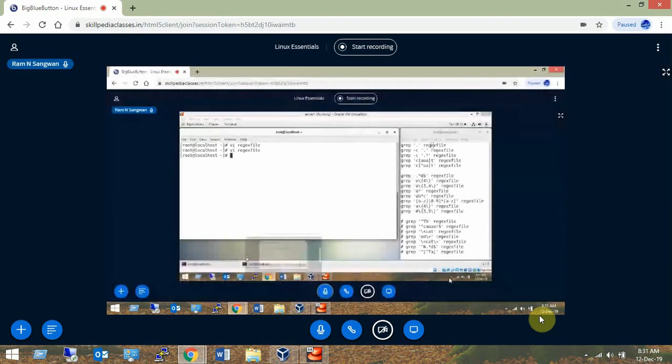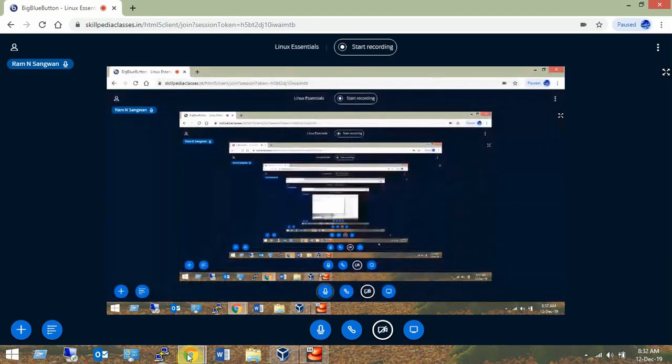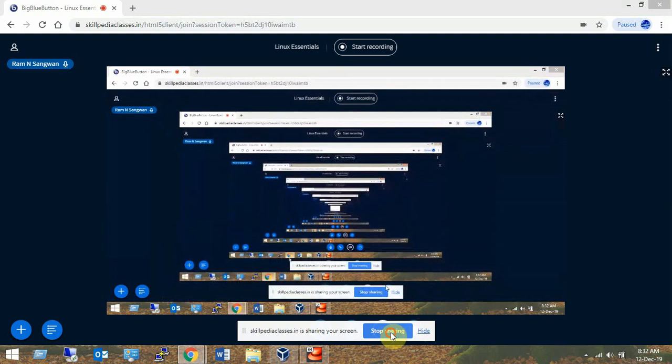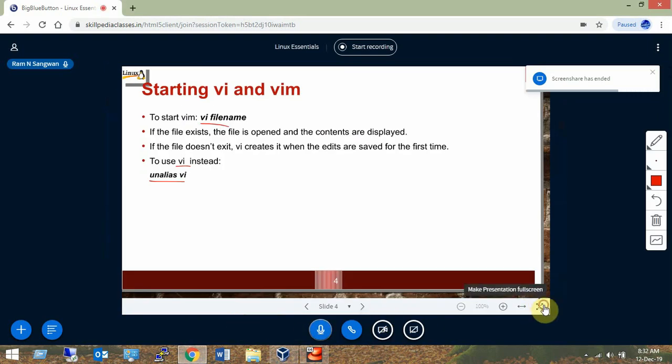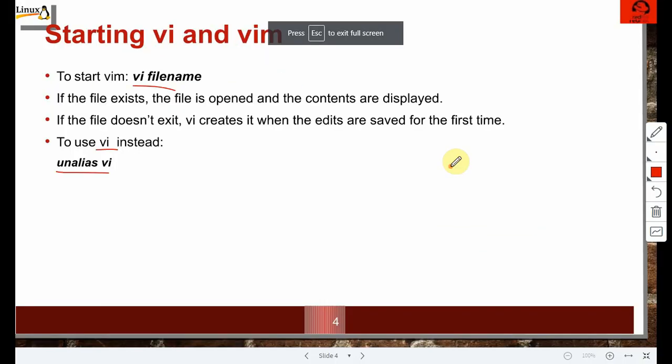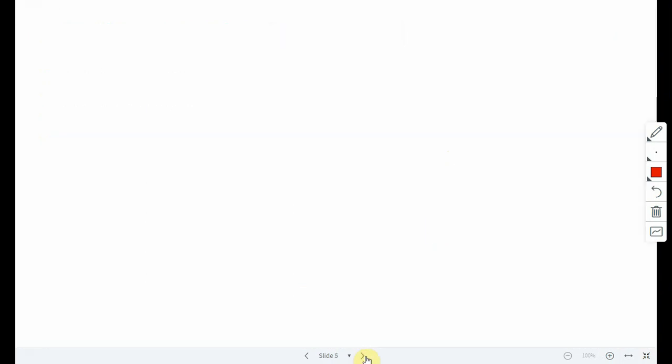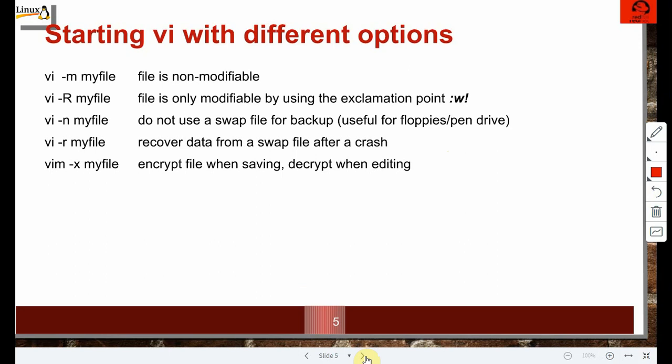Now we'll look at the theoretical aspect of it, through which you will understand whatever I missed from the demonstration. But I'm sure it will give you a good idea about the vi editor and how to work in it. Let's see the theoretical aspect now. We never use these options, so it's okay. However, if you feel they are comfortable, you should be using them. Choice is yours. For me, I never use any of these options.